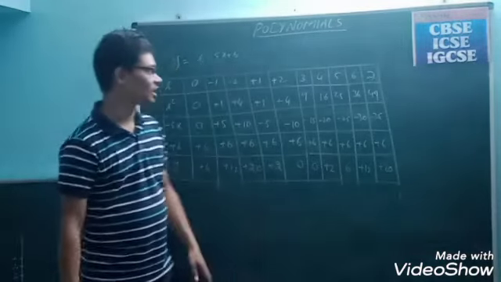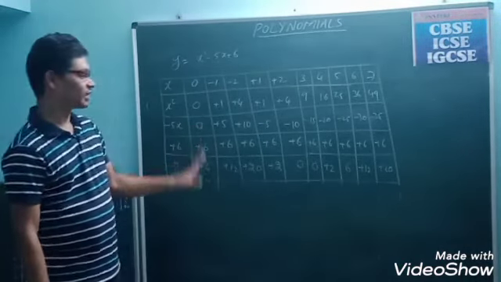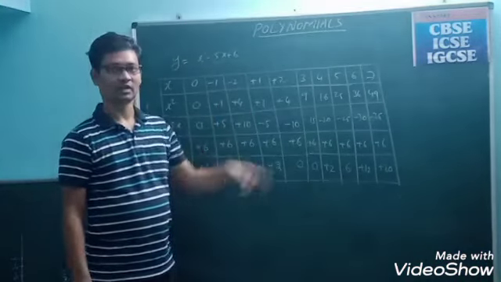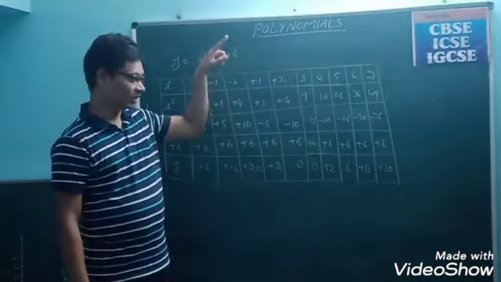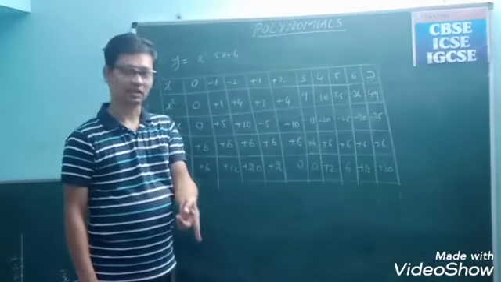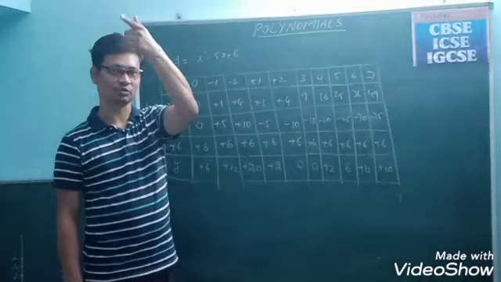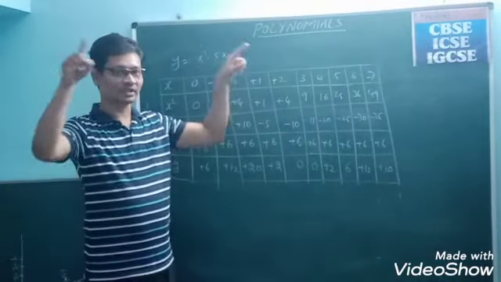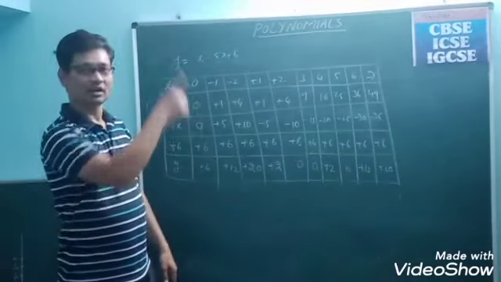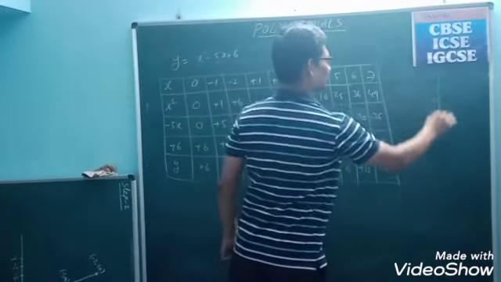You may get a doubt. When you're drawing a graph, the graph should be symmetrical. So it must start from the extreme point. It may touch the x-axis, and then again it should go to the extreme point. The two extreme points must be at the same height. So then you will get an equal parabola just like this.